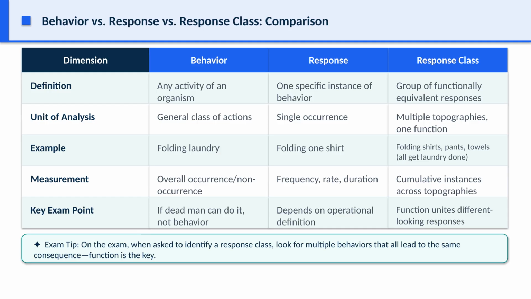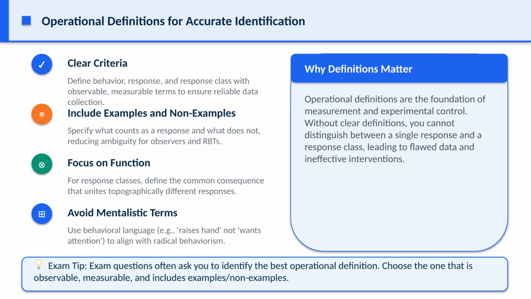If you define folding one shirt clearly, you can measure it precisely. This distinction helps you avoid confusing broad patterns with specific instances on test questions. To ensure accurate identification during data collection and analysis, BCBA candidates must master operational definitions that clearly differentiate behavior, response,